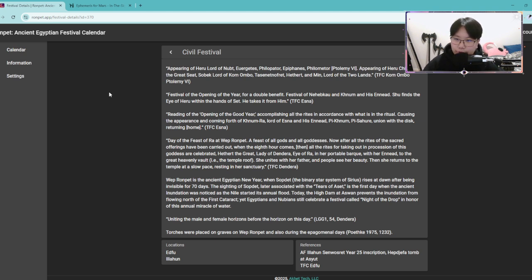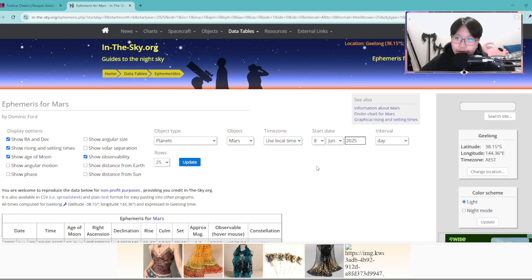Though the first thing we're going to do is calculate when this date is actually for you: the heliacal rising of Sirius based on your location. So we're going to go to this handy website here, inthesky.org. I'll also put the link in the description that you can use to easily get here. And you'll see there's a variety of options, but we'll go through all of them, or the ones you need at least, and set the correct things.